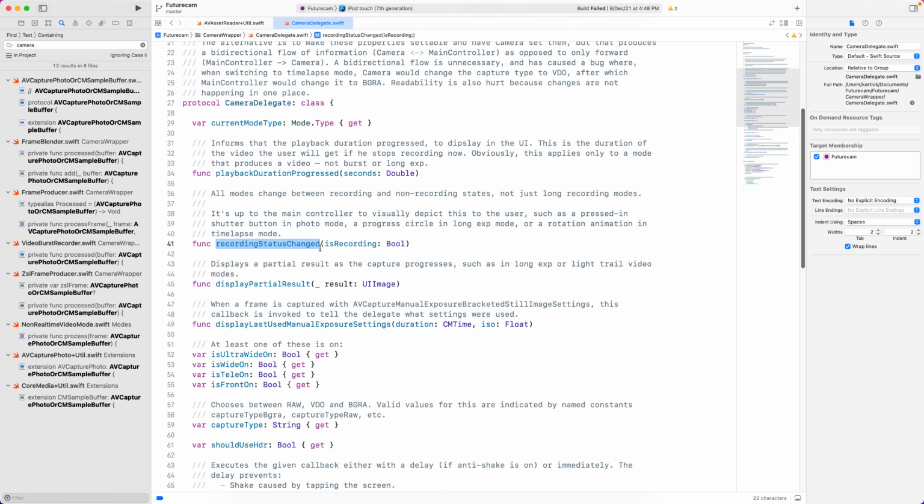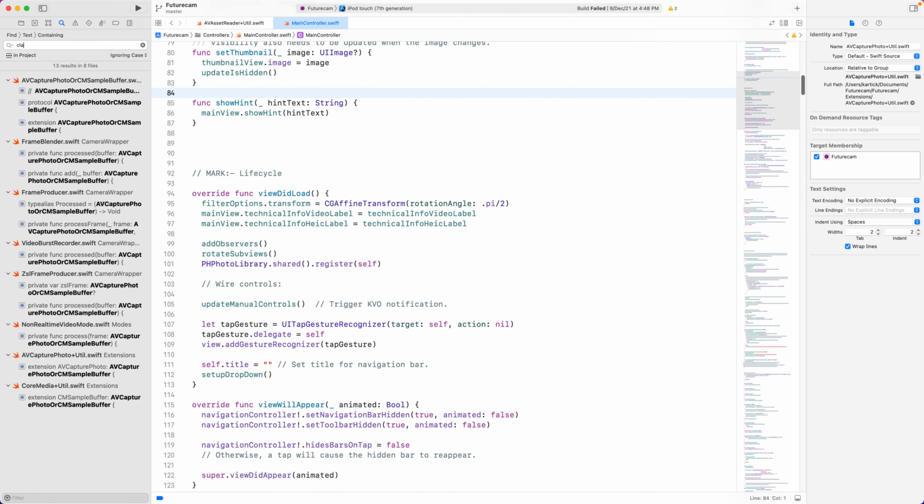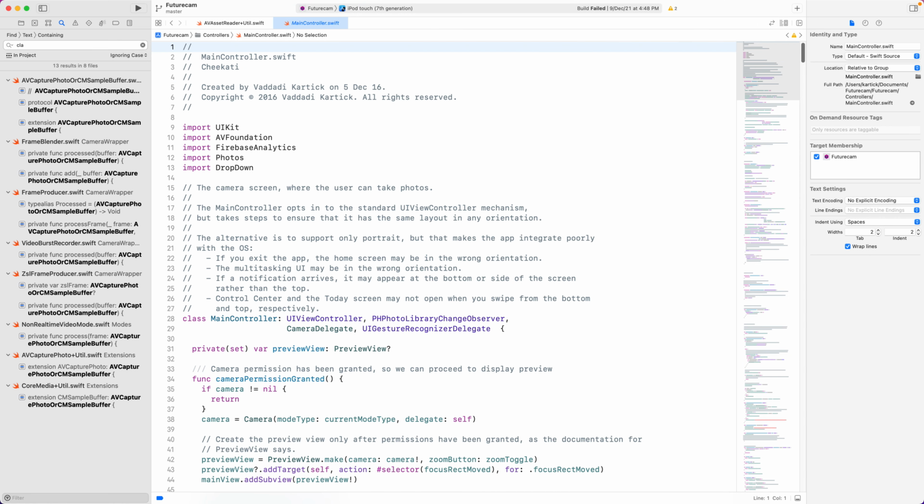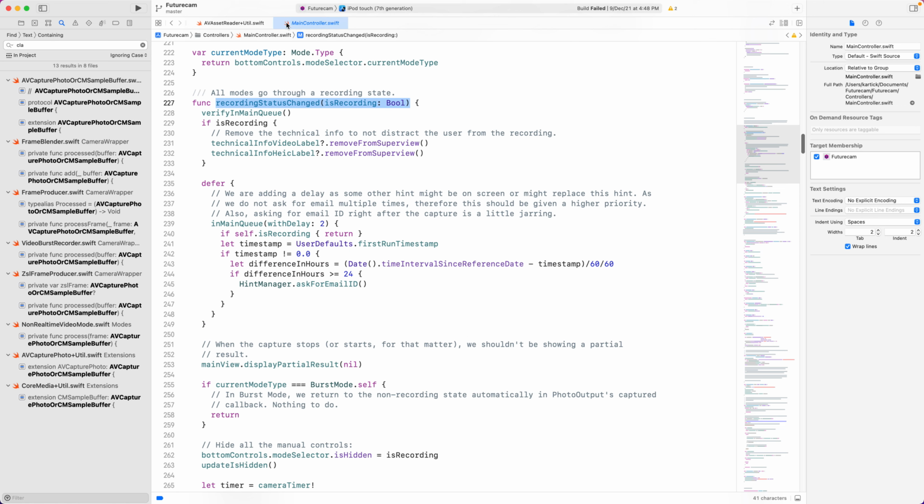So the UI indicates that the recording has started or stopped. So all these functions, right? And the main controller implements the camera delegate protocol. And it provides implementations of these functions. So like recording status changed.